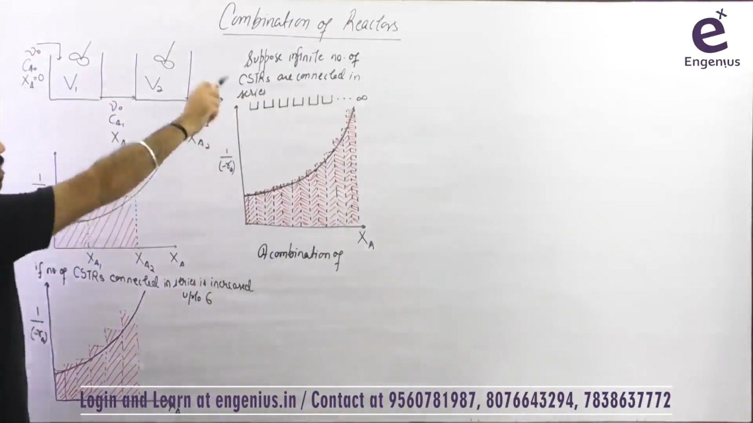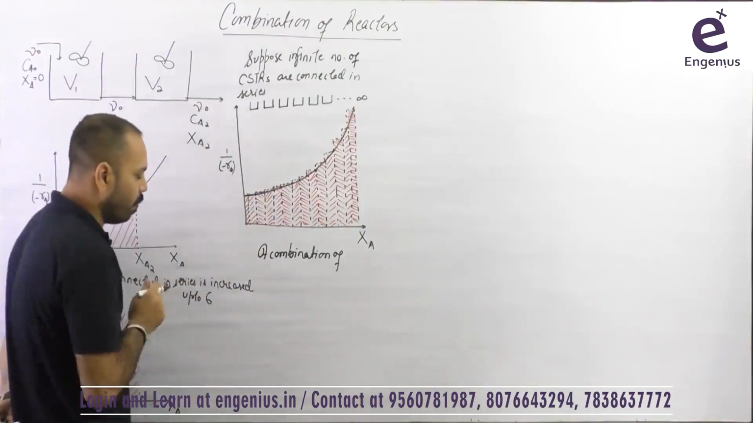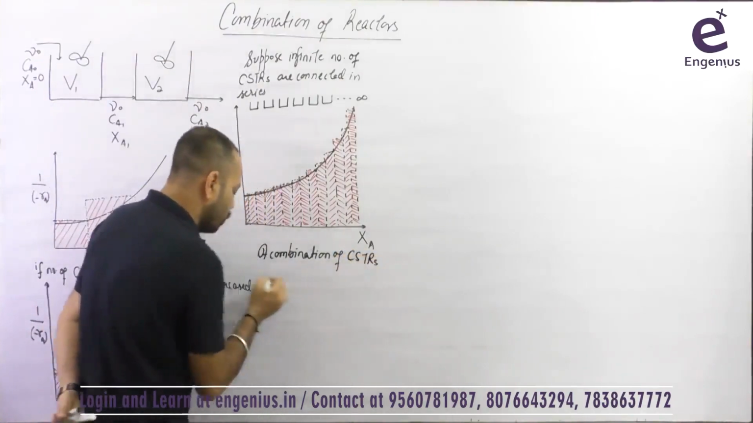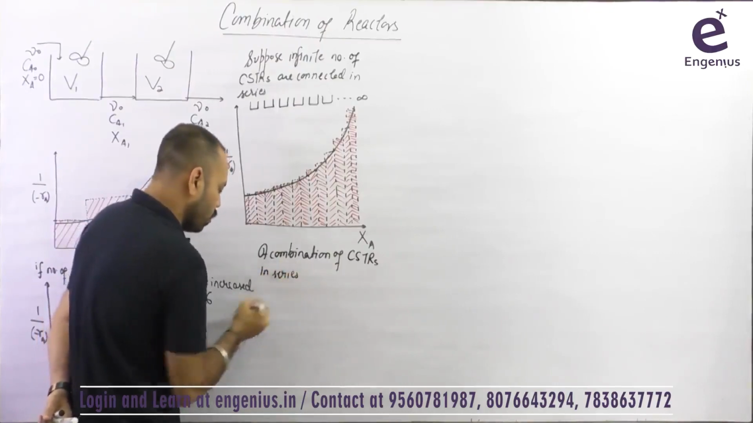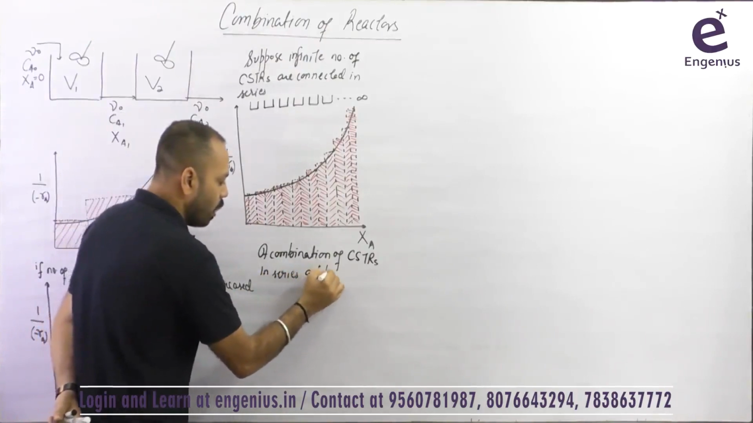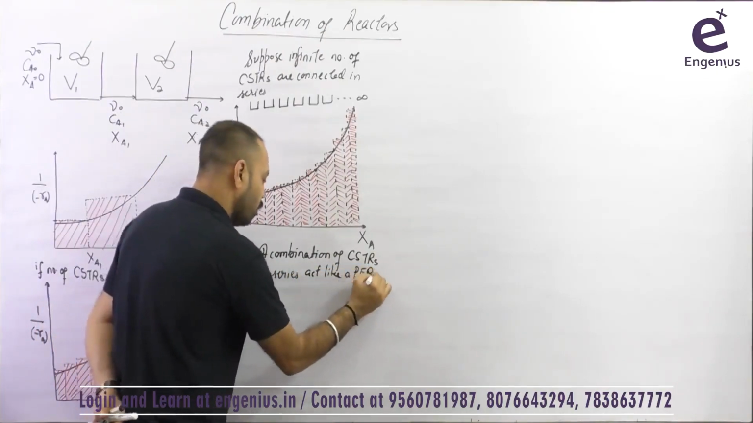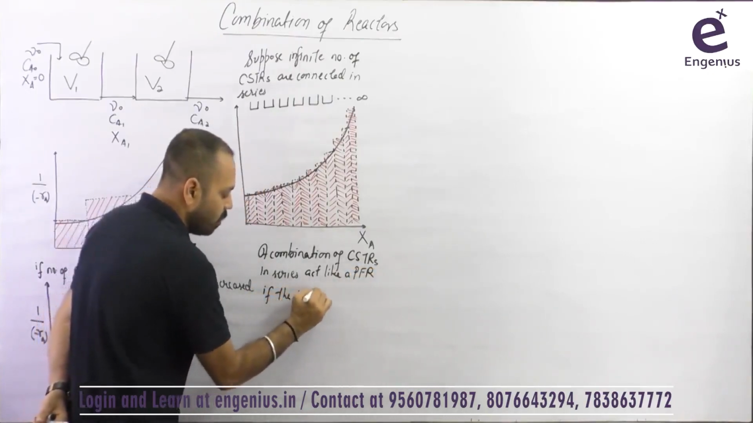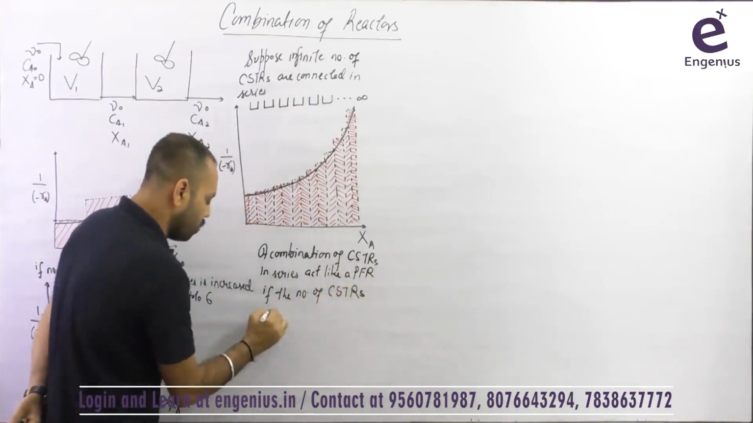Suppose an infinite number of CSTRs are connected in series, then you are getting this kind of design curve or Levenspiel plot. A combination of CSTRs in series act like a PFR if the number of CSTRs in series